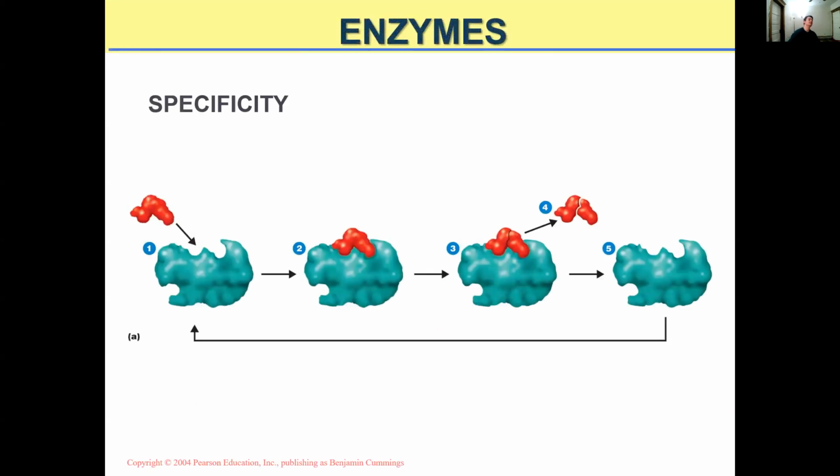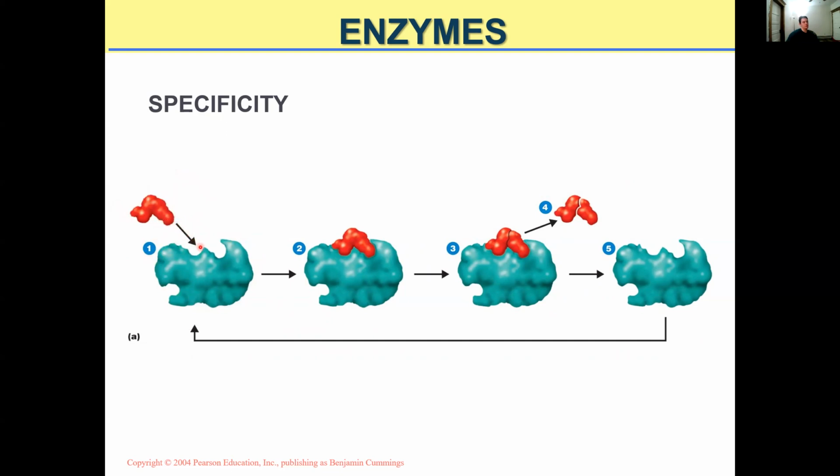So touching briefly on this specificity that we spoke about. The specificity of the enzymes stems from their structures. Think of this as similar to a jigsaw puzzle, where a specific piece will have a specific other piece that fits into it. That's very similar to how the enzyme and substrates function. So essentially, in this diagram, if we can quickly run through this, the enzyme represented by the blue will be contacted by a substrate, which is red,